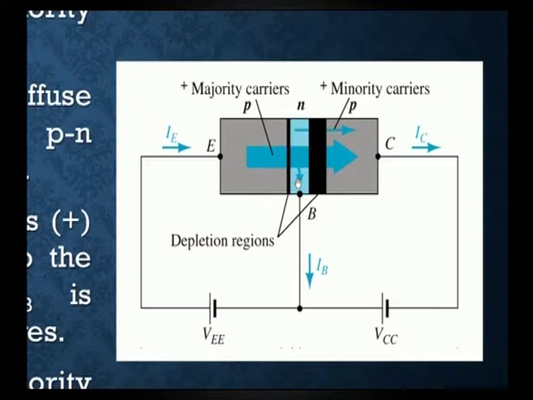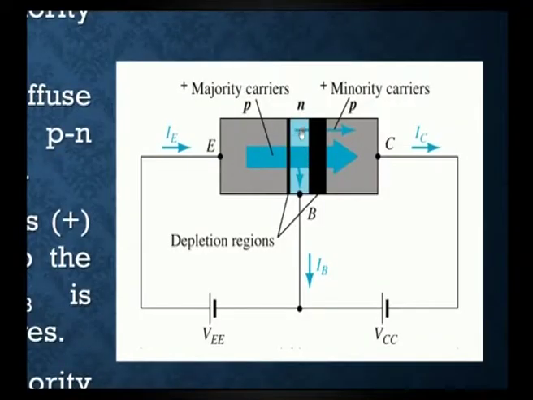This is due to the recombination, where base current is formed due to the majority carrier holes. Some holes are going to recombine here, which forms a very small base current, and it flows in this direction. And also some of the minority carriers present in the N material, due to the reverse bias of the NP junction when the collector voltage is connected, that is, holes in the N type material, will cross to the P material, and the depletion region is very high here.